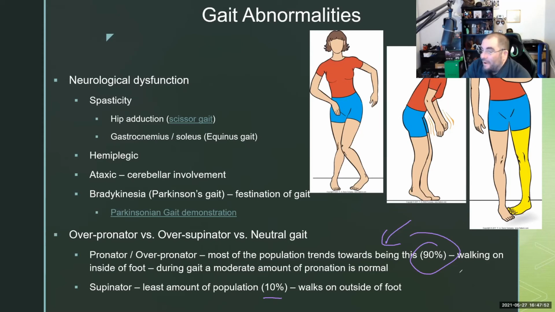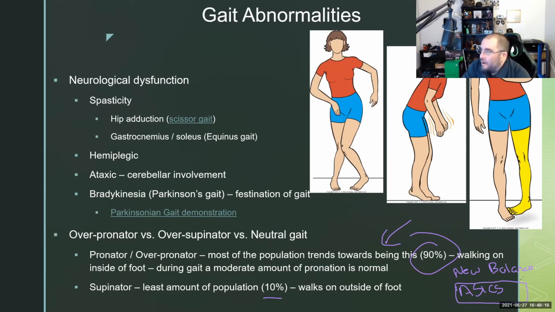That I know of, there's only right now actually three. I just found another one. I forget the name of the third one, but there's only two brands that I know that make oversupinator shoes. New Balance, because they want everyone to buy their shoes, and they're also the shoes of middle-aged men. And then Asics also makes one. I usually buy the Asics ones because I'm actually a supinator. I walk on the outsides of my feet.